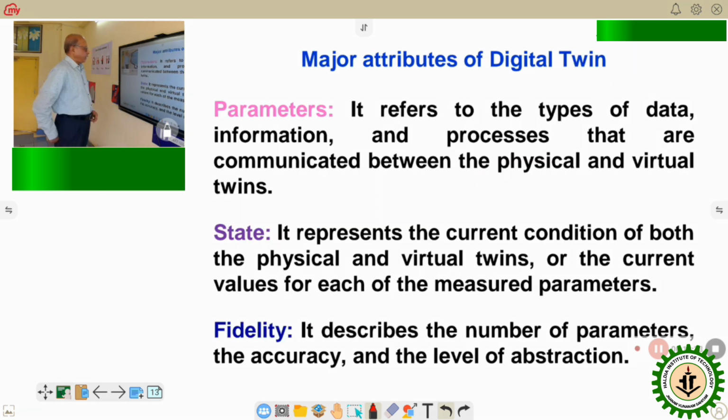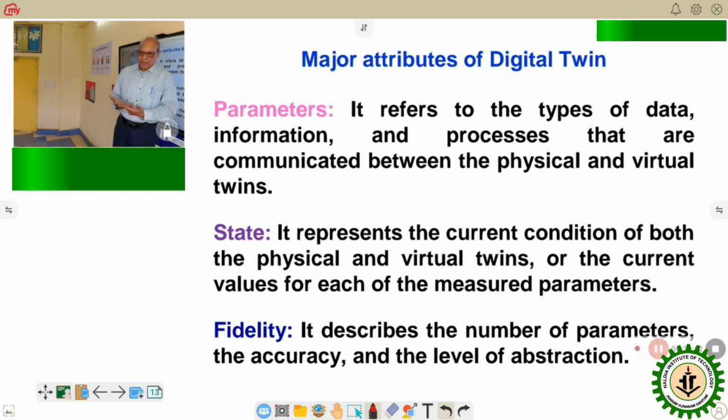This is the parameter which we are talking about. There are certain key parameters. These parameters refer to the types of data, information, and processes that are communicated between the physical and the virtual twin, because the entire activity is taken care of by data and information. But it is what data, what information, that should be relevant to that particular process of the product or system. Those data at any particular instance, whatever may be the process or the product, in the field of our metal cutting,